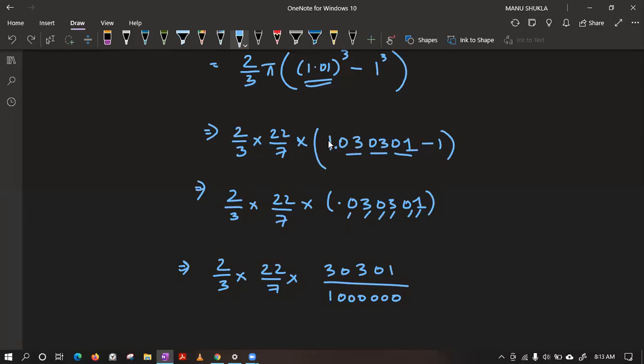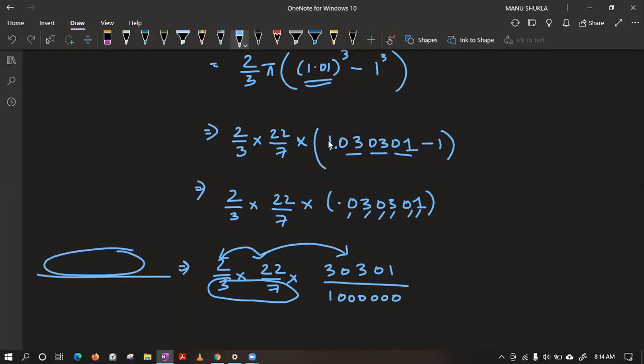So it is your choice. It would be better if you multiply these three first and divide by 21 because that will make it easier. If you start dividing at this stage only, it will be difficult for you. Better you multiply 2 into 22 into this thing. The value you will get upon 21 into 100,000. Then finally divide these two. That will give you the exact answer easily.